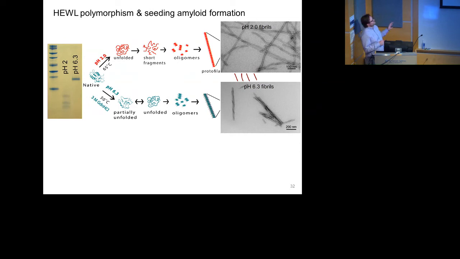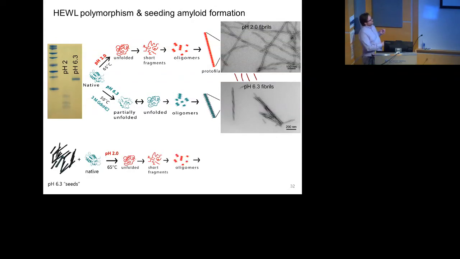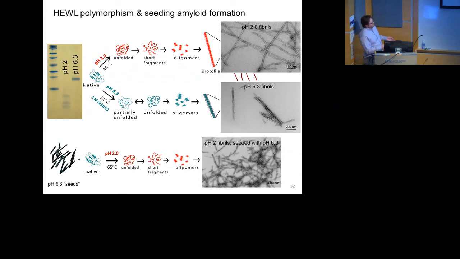And then we thought, okay, so the other thing that's cool about amyloid fibrils, it's not cool in disease, but it might be cool for nanotechnology, is that they can seed the formation of more amyloid fibrils. So we take the pH 6.3 fibrils, and we use them as a seed for native lysozyme, but at pH 2, 65 degrees, and we say, what kind of fibrils do we get? We think we get a different kind of fibril. It looks like it might be more similar to the pH 6.3 fibrils than it is to the pH 2 fibrils. So this would be kind of cool because it means that we could make a seed under one condition and then use it under a totally different condition to get a fibril, but that still has the properties of that